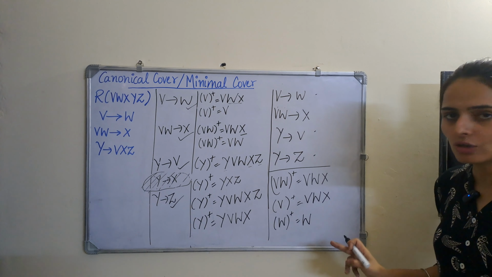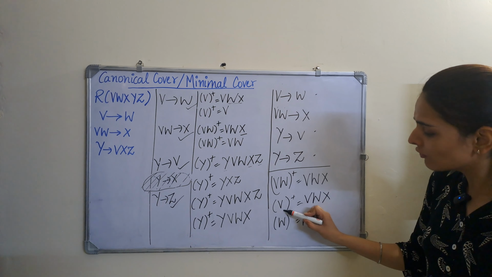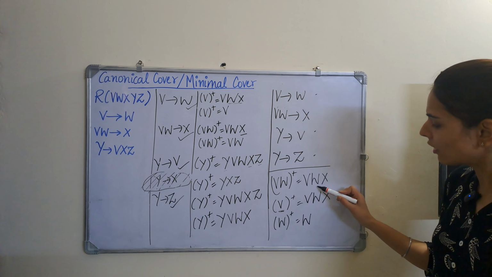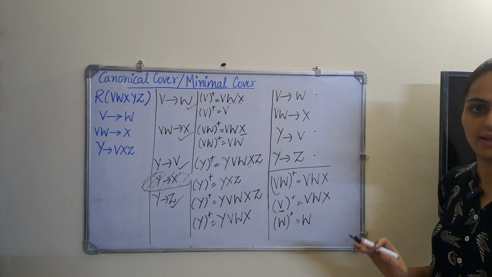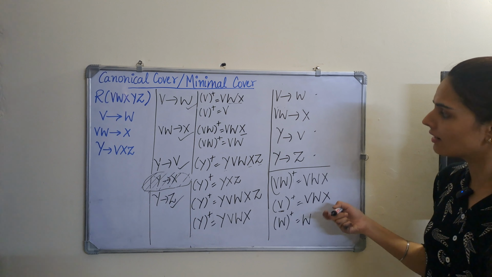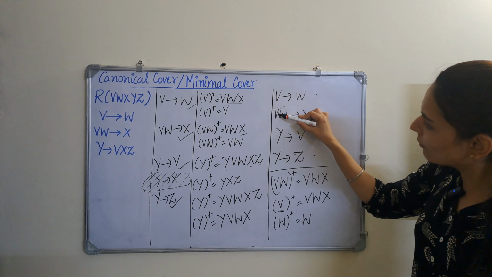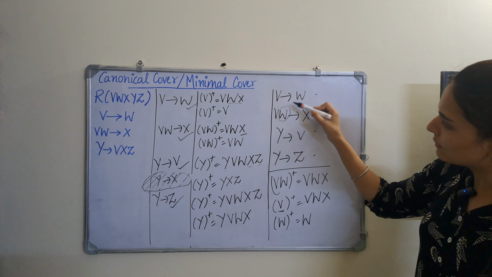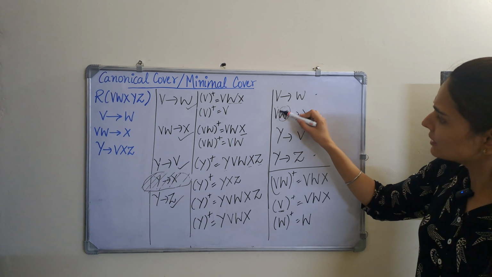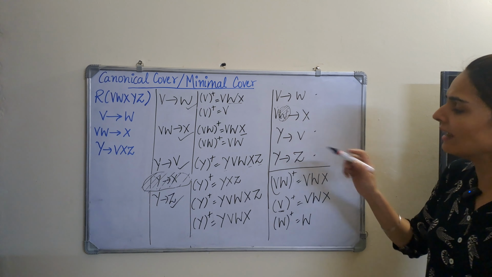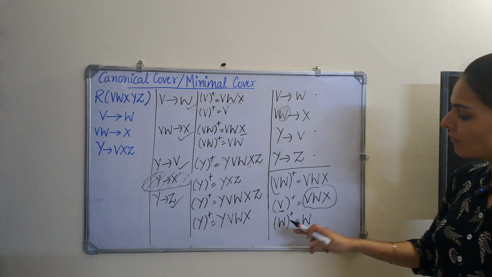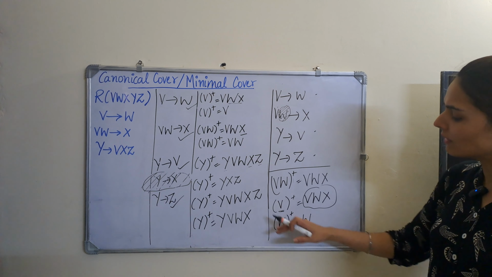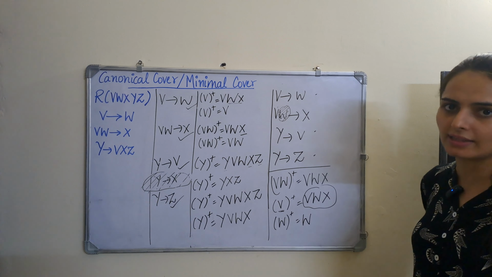Now over here we need to understand that with V alone we could find out all the attributes which VW together was finding, right? So here we can understand that this W is not serving any specific purpose. We can remove it, and even after removing it we will have all the attributes over here. We do not have to consider W. Even without W we can find everything.